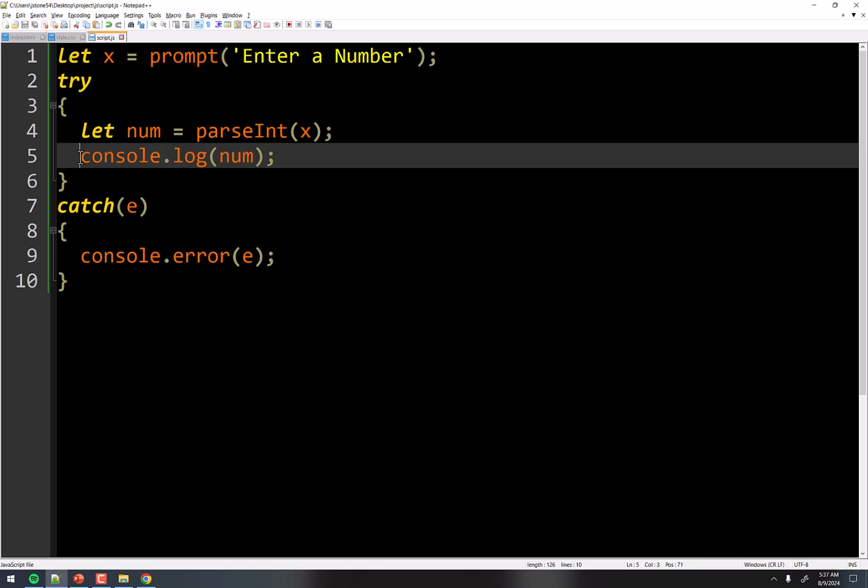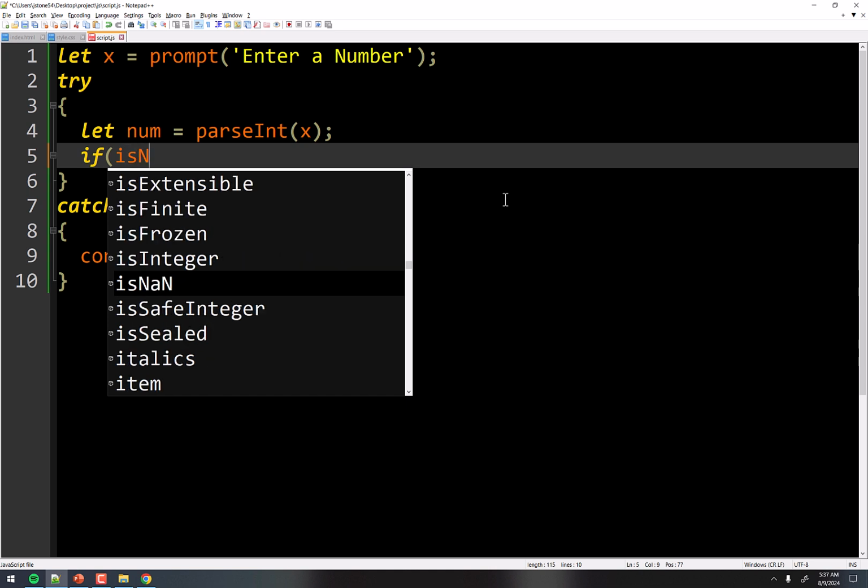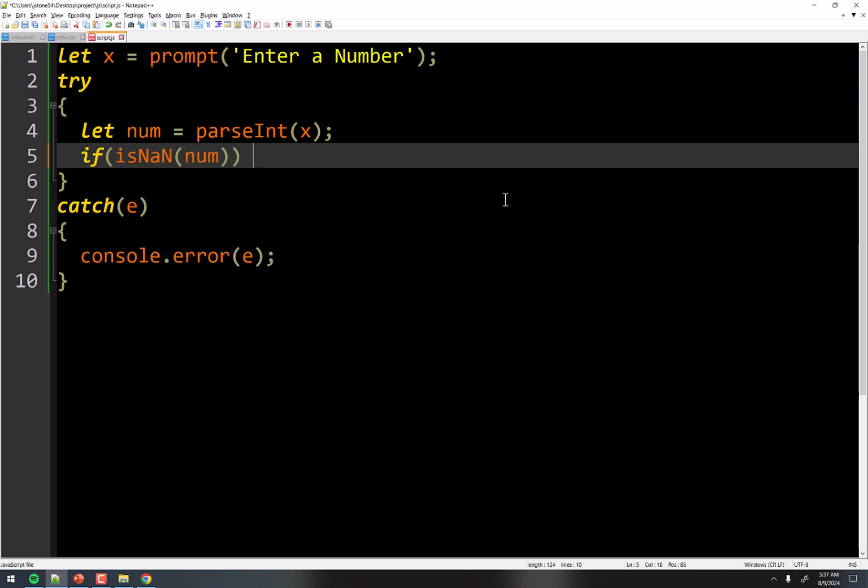So we want to check to see if it's a number or not. Well, there's actually a function for checking that. It's called isNaN. So we're looking for if isNaN(num), then we want to throw an error, right? Before, JavaScript was throwing the errors. Well, now we're going to throw the error. We decided that if this is not the proper data, we want to make up our own error, and we're going to throw new Error. There we go. And there's a parameter that we're going to put in there in just a minute.